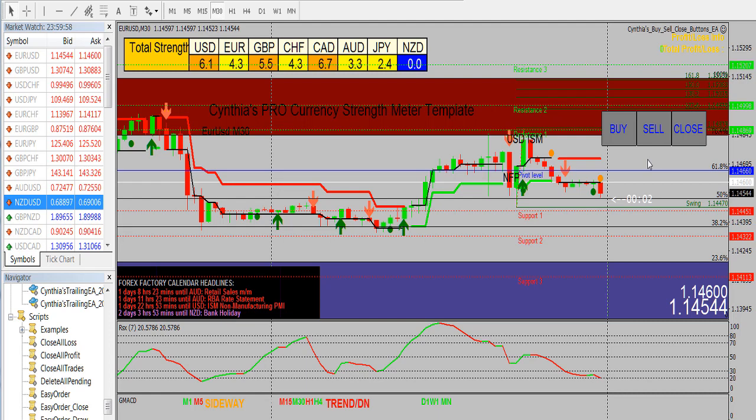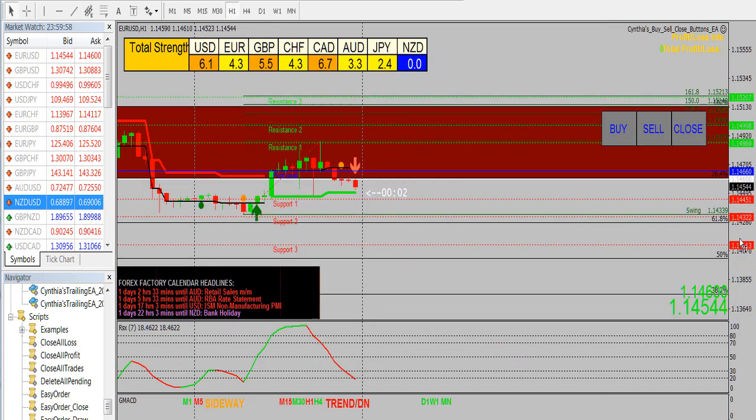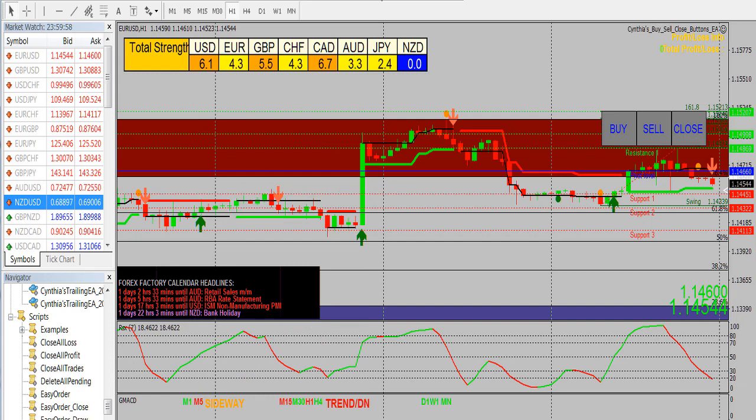So those are the main features of the Pro Currency Strength Meter template, and it's just much more information, much more ease in trading, because you can clearly see that the price action always is somewhere in between oversold and overbought, and depending on the time frame, I'll switch the time frame to show you. I'm going to go from 30-minute to 1 hour, and